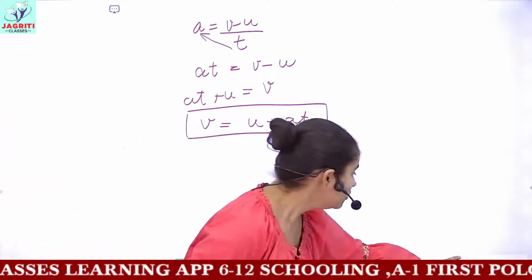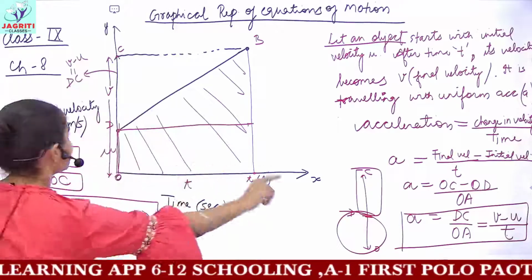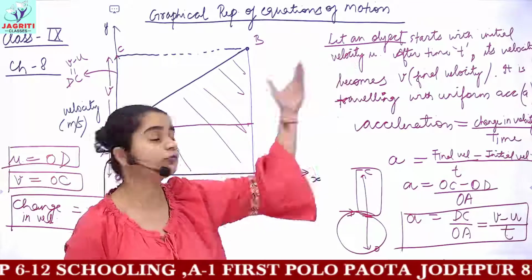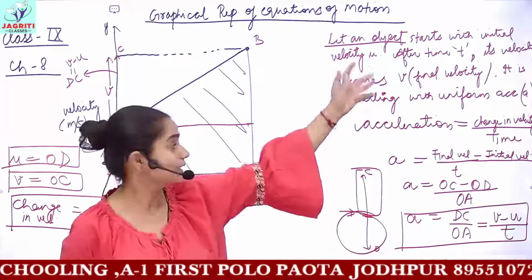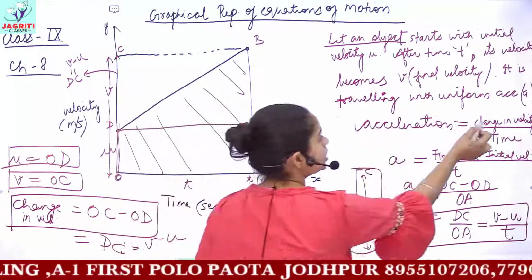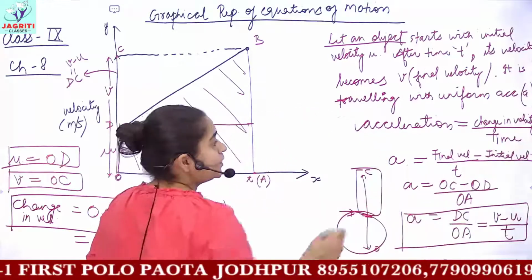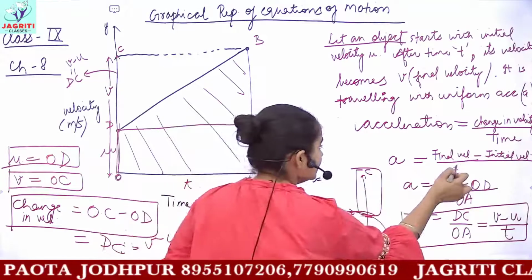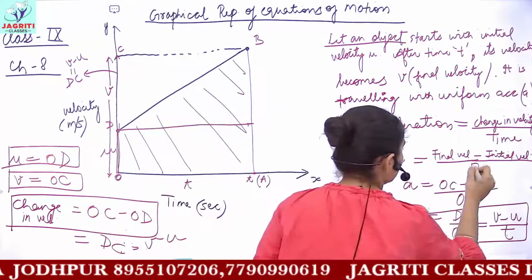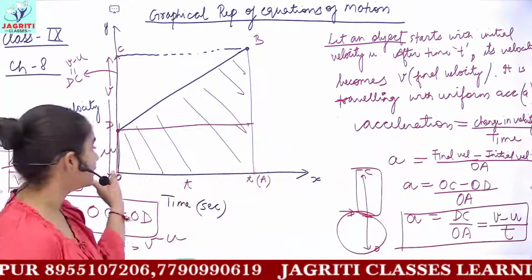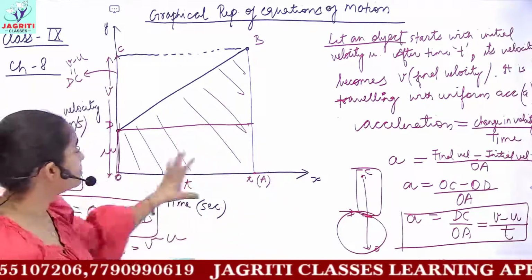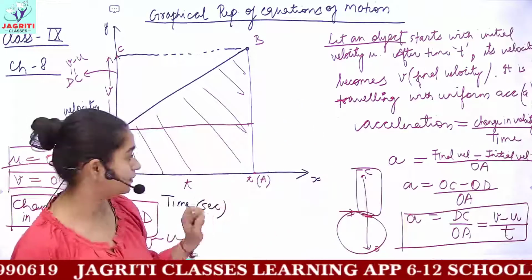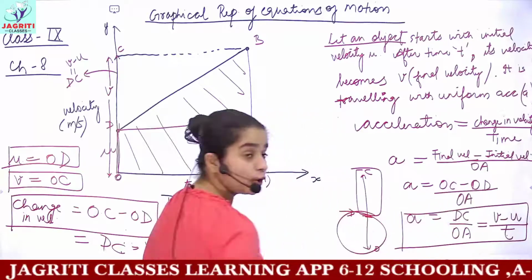How did we do this? For deriving equations, you have to make this graph, the velocity-time graph, and then you have to write these lines: let an object, what you have assumed in the graph, you have to write it here. Then we say that acceleration is change in velocity upon time. Change in velocity means final velocity minus initial velocity, and using the symbol OA, which signifies the time interval from the graph. You have to use the symbols which symbolize final velocity, initial velocity and time from the graph itself. Then we got OC minus OD upon OA.